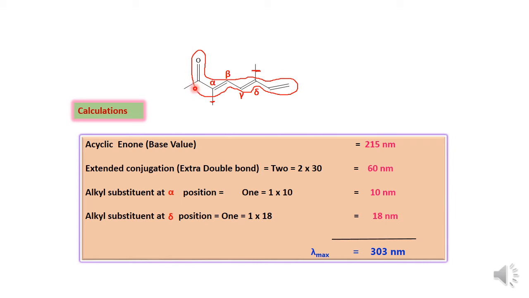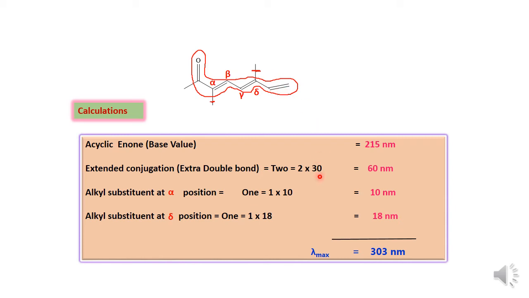And also we will not consider the substituent present at the carbonyl carbon. We will see only the substituents present at the double bonded carbons. So these are the double bonded carbons, and this carbonyl group is there, but we will not consider this as a substituent. So substituents here start from the alpha, beta, gamma and delta double bonded carbon. So remember this.